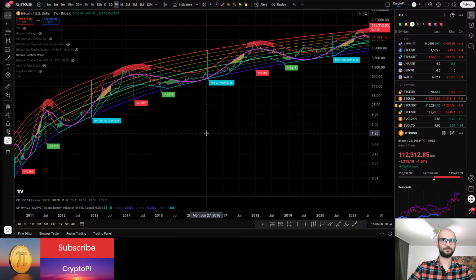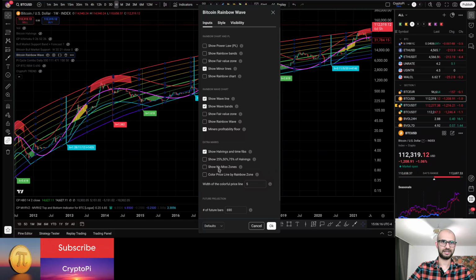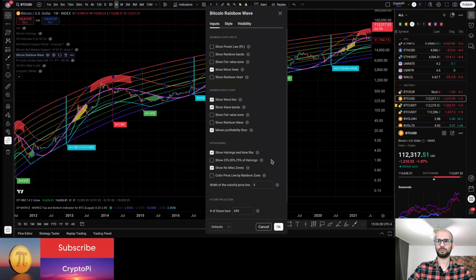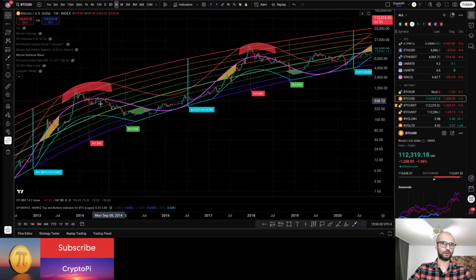All right, so what are the features here? The first one I would go to is the show no miss zones. If I disable it, you see these zones will disappear over here. And if I enable them, we will see those zones pop up again, the yellow, red, and green ones. What these zones basically tell us is that the yellow ones tell us